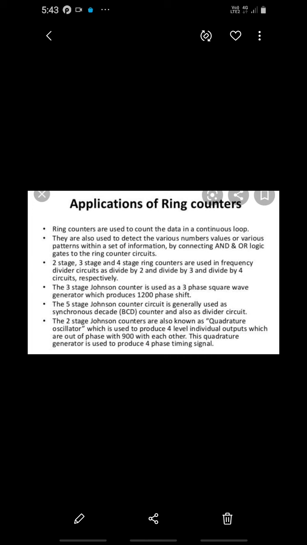Next, applications of the ring counter. Ring counters are used to count the data in a continuous loop. They are also used to detect the various numbers, values, or various patterns within a set of information. By connecting OR logic gates to the ring counter circuit,